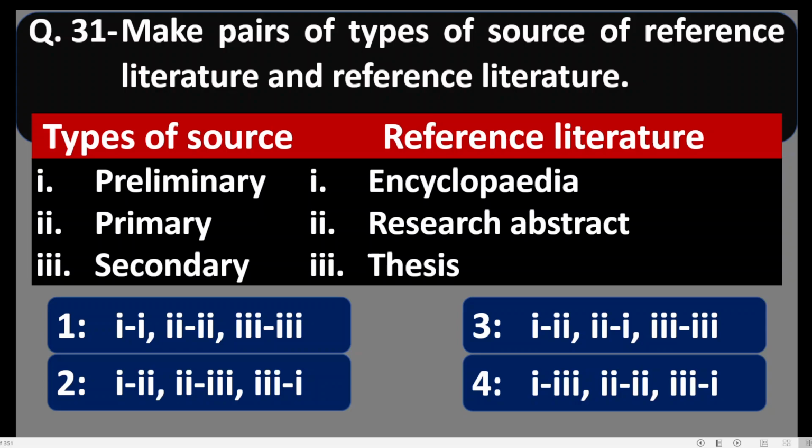and on the basis of that, in the first group the second, primary, is given, and in the second group the third, thesis, is given. From a thesis we can have the direct information, so primary and thesis will be a pair, and the last one is secondary in the first group, and in reference literature only the encyclopedia is left, so the pair of secondary and encyclopedia will be there. So in this way pairs will be made